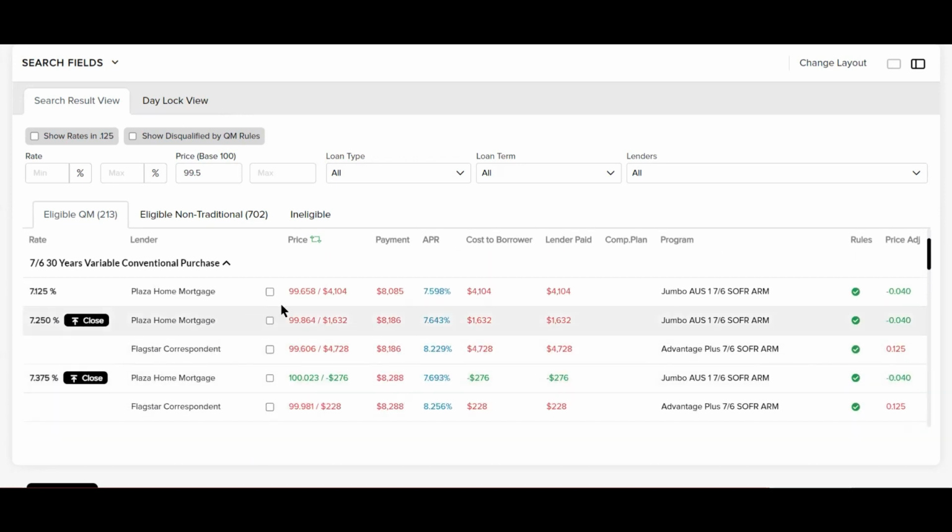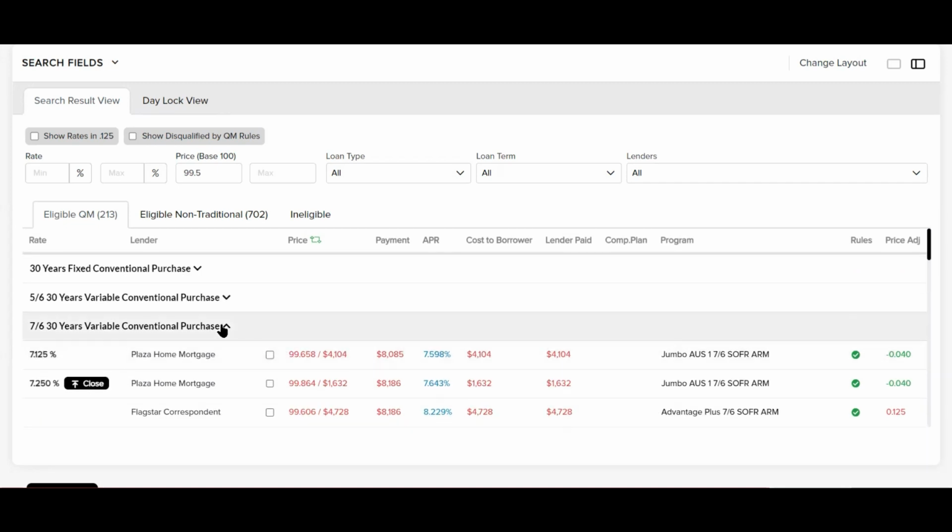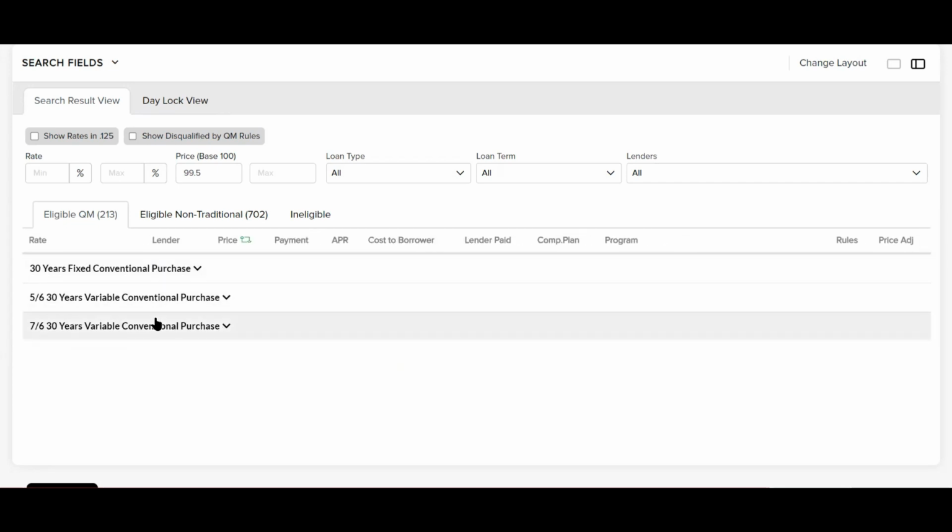But I go, okay, at that same pricing level, 99.981, it's 7.375 at Flagstar, right? That makes no sense that you'd be going there on a 7-year ARM instead of a 30-year fixed. So it's more likely that you're going to want to go to a 30-year fixed instead of an ARM on this particular loan. But that's how you can kind of see the different types of